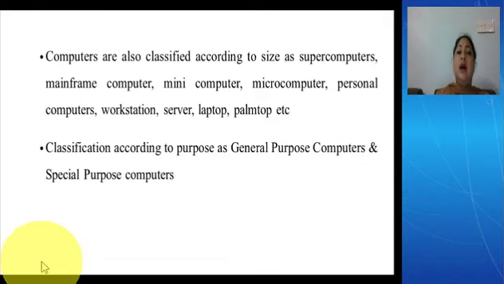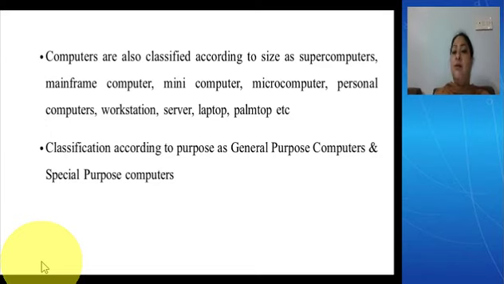Generally, the computers are classified as analog, digital, and hybrid, but the classification of computer can also be done according to the size of the computer, and as per the size of the computers, they are classified as supercomputers, mainframe computers, mini computers, microcomputers, personal computers, workstations, server, palm top, laptop, etc. Classification of computers is also done